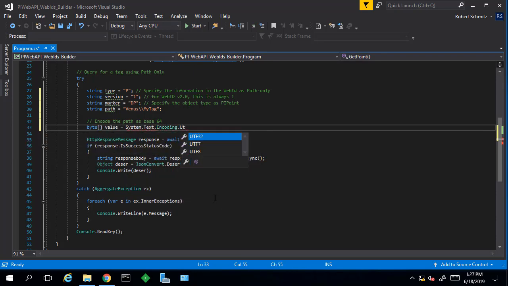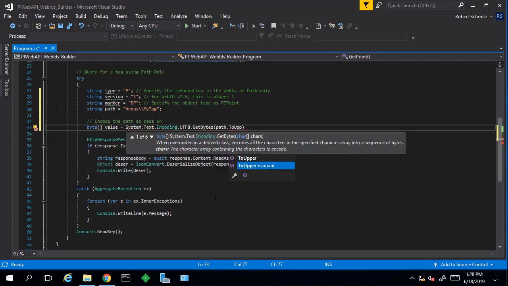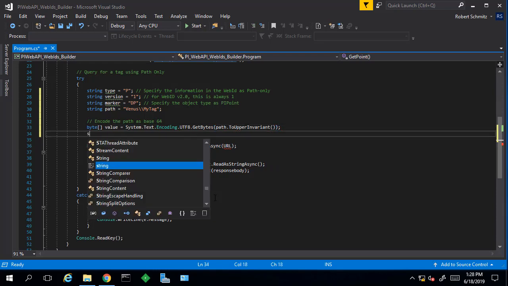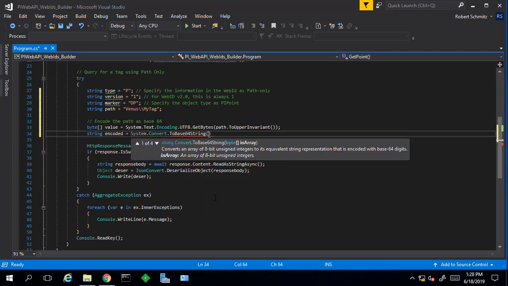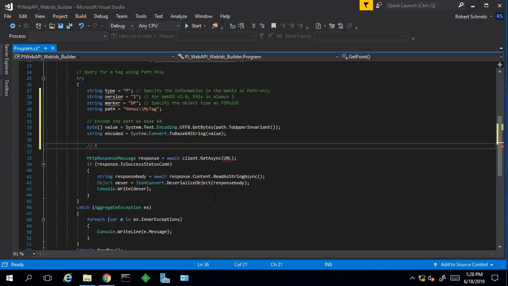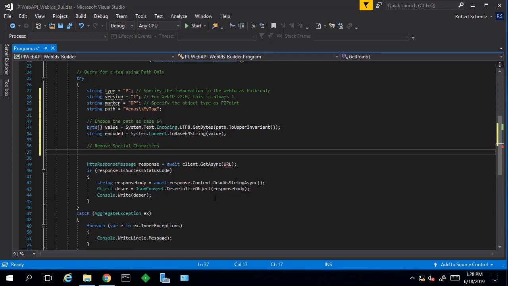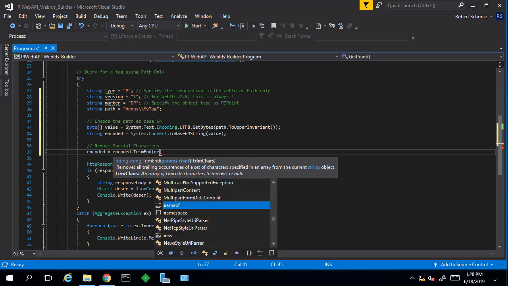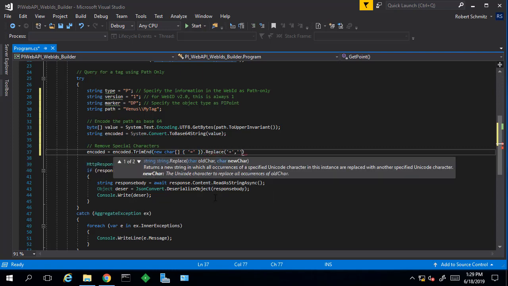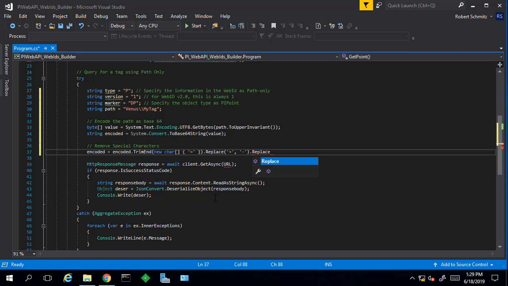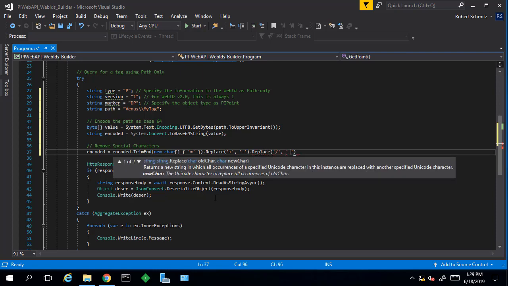Paths are the base64 encoding of the uppercase string path to the object. So if we take our path here, Venus\my tag, we can use some of the built-in C# libraries to make the byte array. Since URLs have special character considerations, we'll need to remove any special characters. Specifically, we'll be replacing pluses with dashes and slashes with underscores.